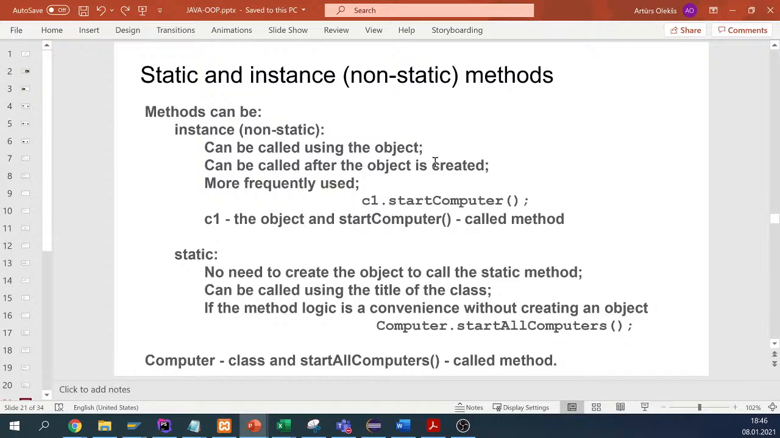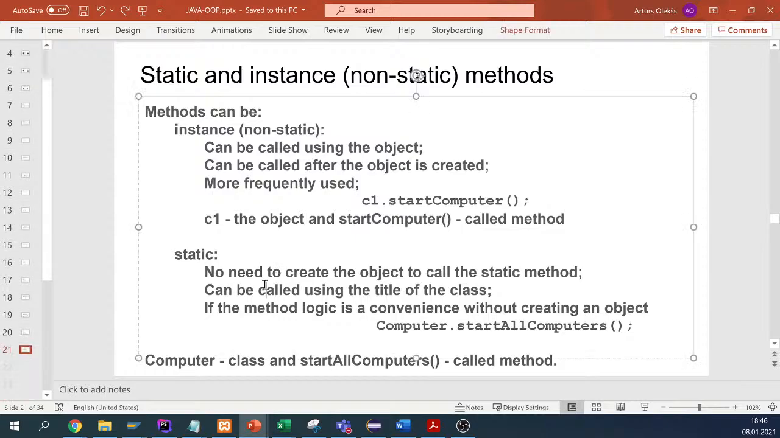And that's also comparing to the static methods. As we can see here, we don't need to create the object to call the static method. Just directly from the class, we call the static method, and the method does its own stuff. So we usually call it using the title of the class, and if we are inside the class, we can skip calling using the class, but as I said,